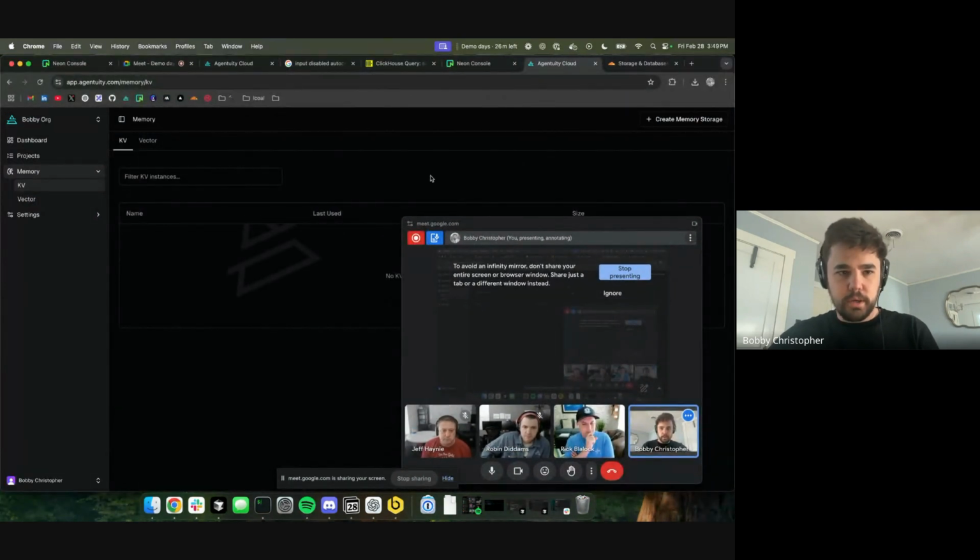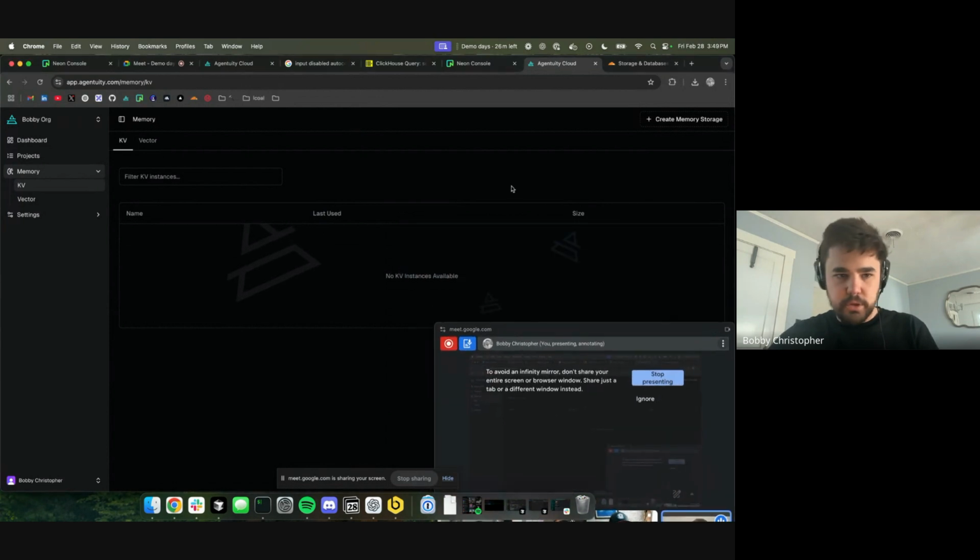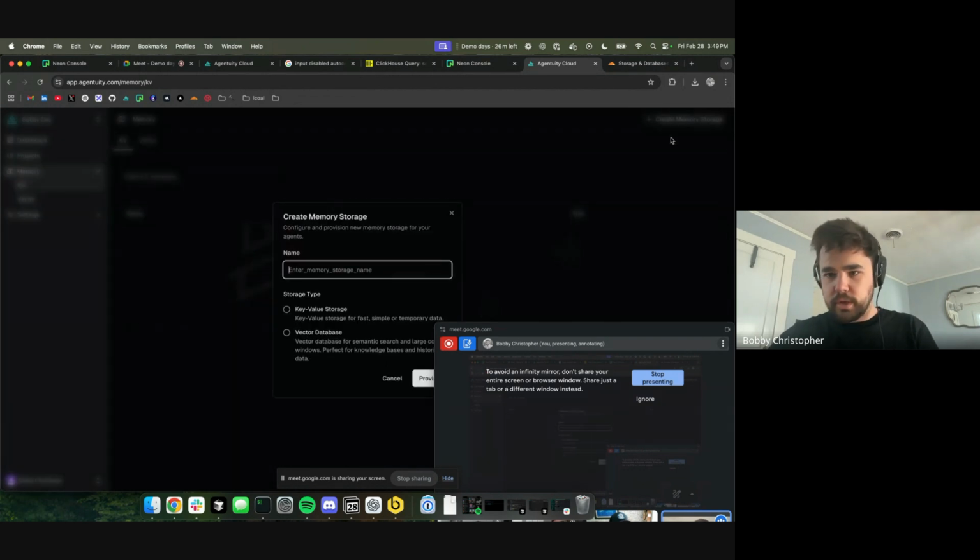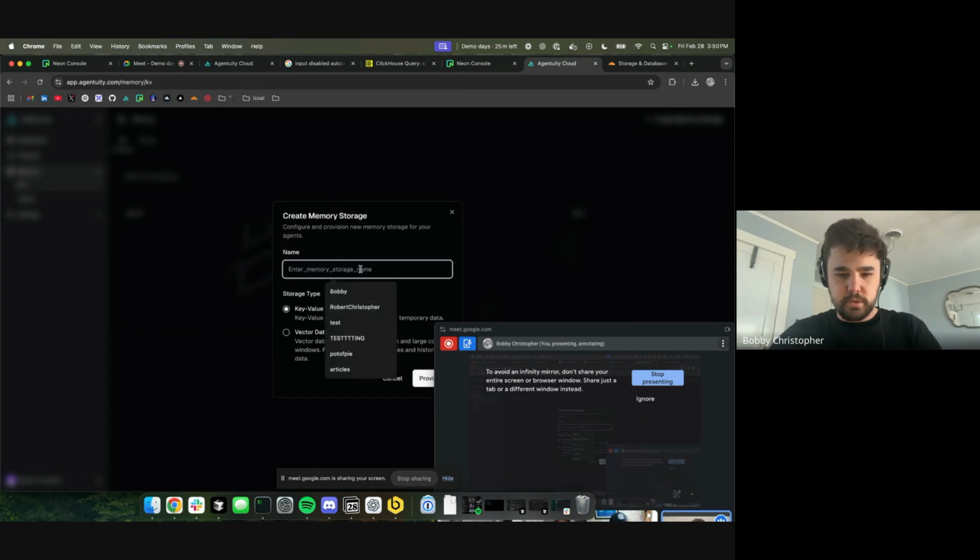I'm going to show you some of the screens that I've been working on. So here under memory key value, you can create a new namespace. So let's do testing